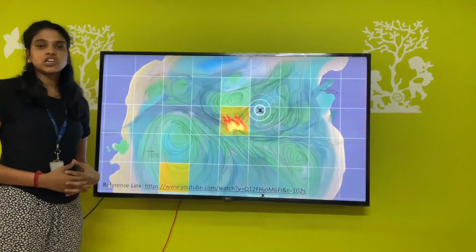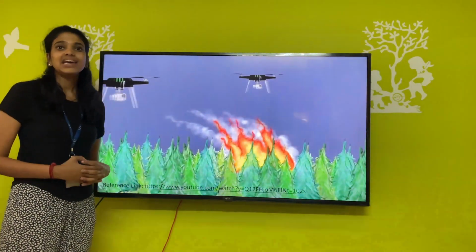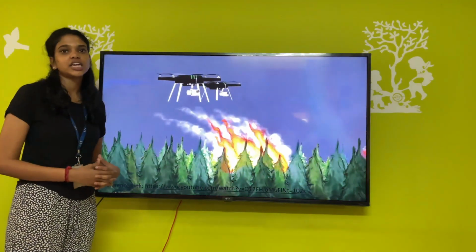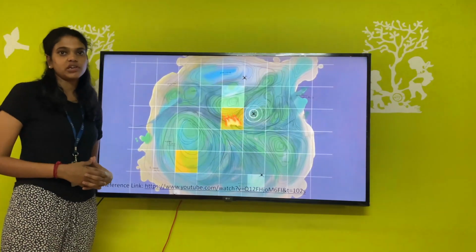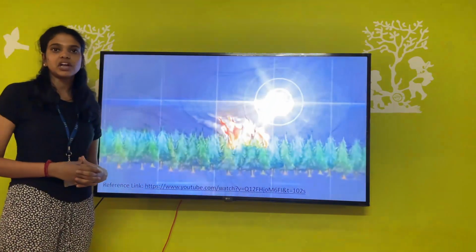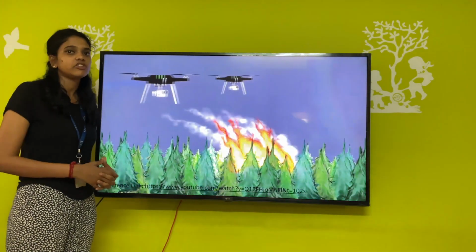One of the key applications is forest fire detection, which we have illustrated with a set of drones flying over a forest. Each drone is equipped with a camera that can transmit live feed to a ground-based station via Wi-Fi or radio frequency. In the event of fire, the ground station can quickly direct rescue teams to the affected area based on the information received from the drones.